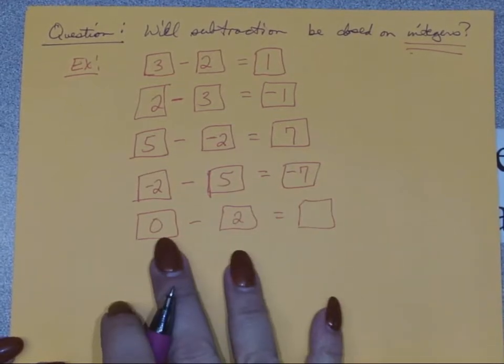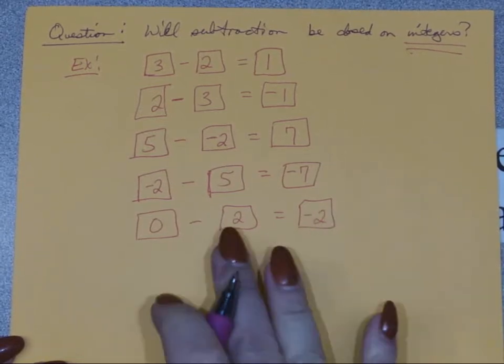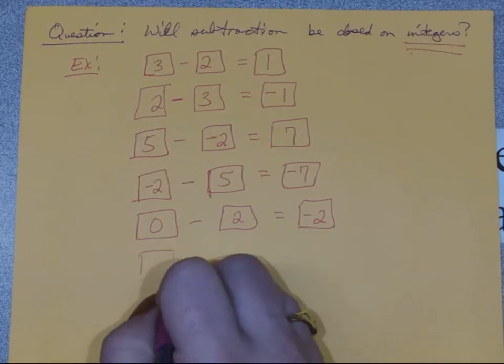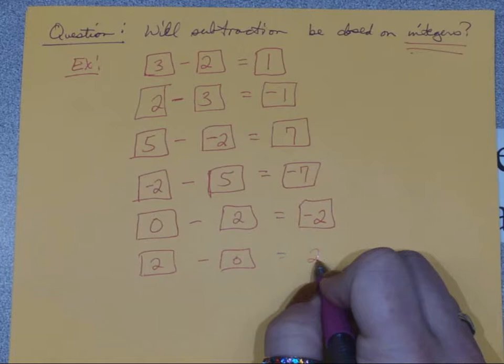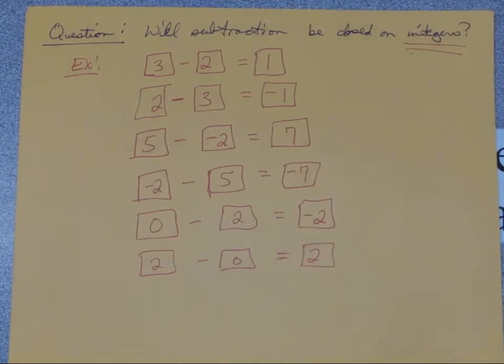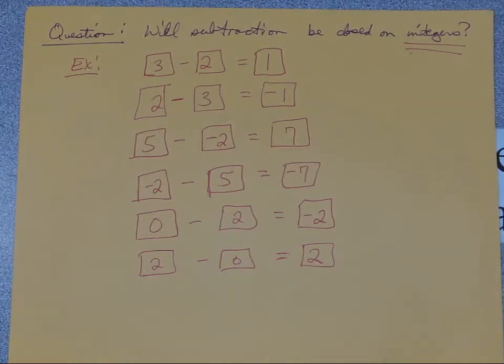Well, that's just -2, right? So that's still inside of integers, no problem. And if I reverse the order, 2 minus 0, who cares, that's still a 2. So I'm okay. I'm not finding anything that is kicking me out of the set of integers, and that's because basically if you